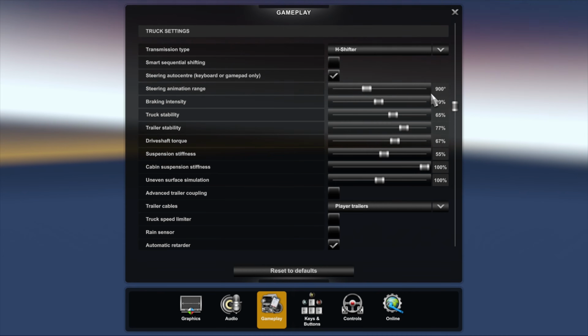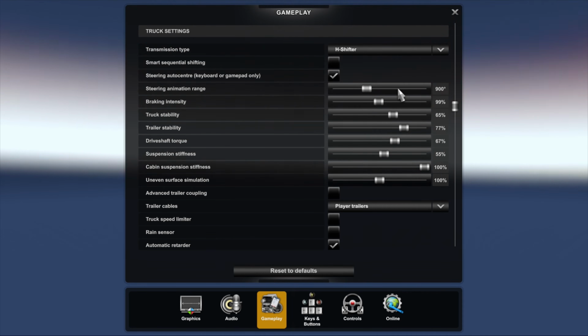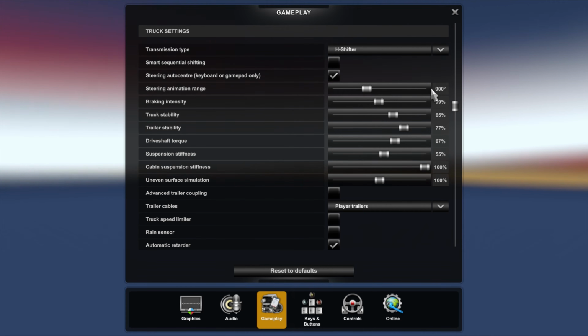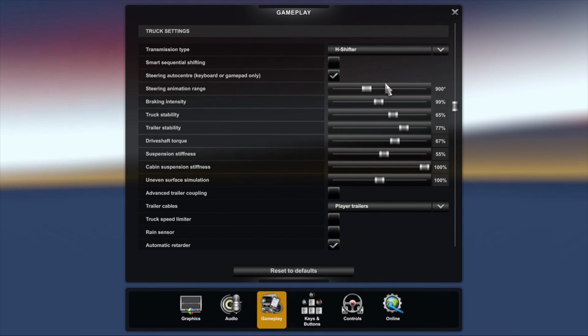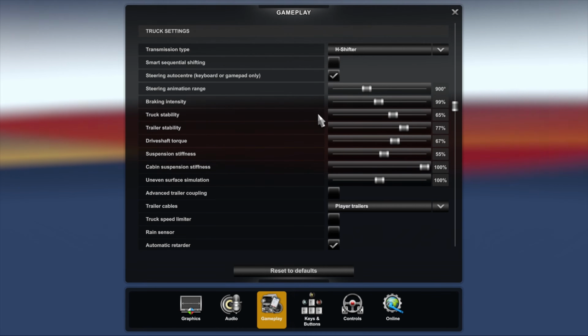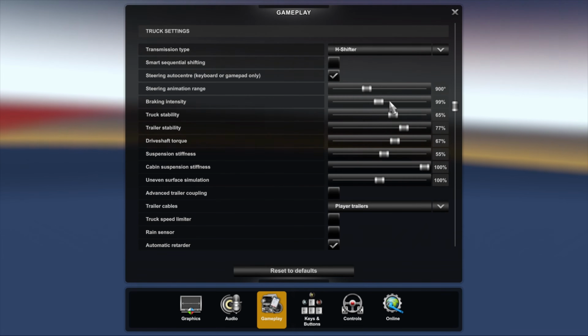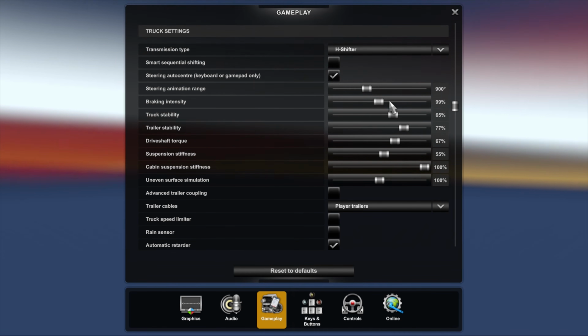So I have it set at that. This is set to whatever your steering wheel range is. So if it's 1,800, then you have it at 1,800. If it's 450, you have it at 450. Get the idea? Good. Okay, braking intensity, I have that at about 99, 100%, only because I found that